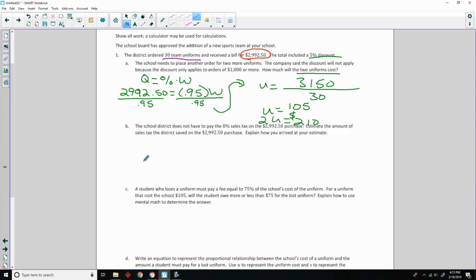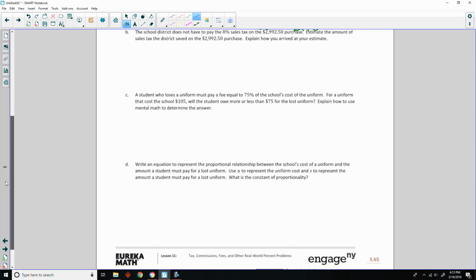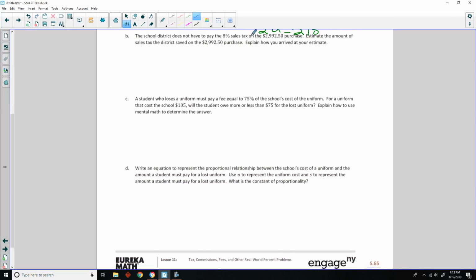Okay, part B. The school district does not have to pay 8% sales tax on that purchase. Estimate the amount of sales tax the district saved on that purchase. Explain how you arrived at your estimate. So you take the 2,992.50 and you multiply it by, so it says estimate the amount of sales tax. 8% is 0.08. And when I do that, I get,